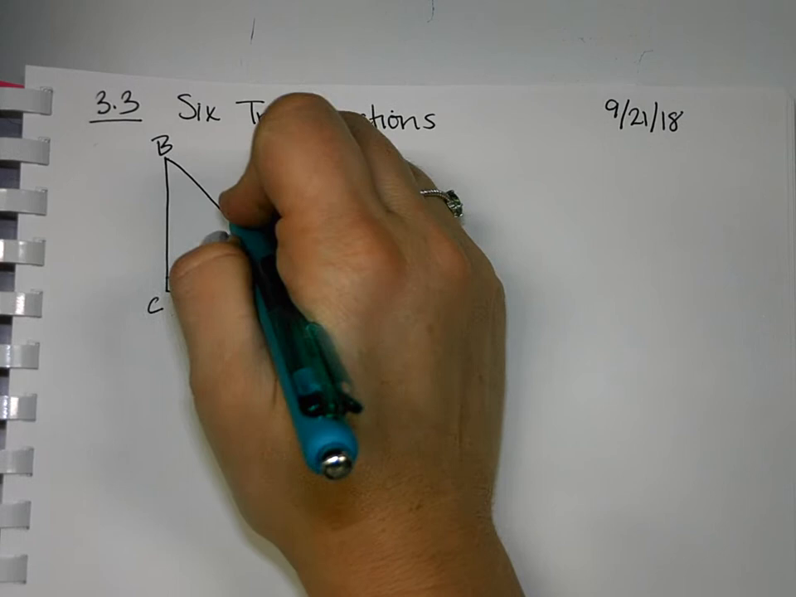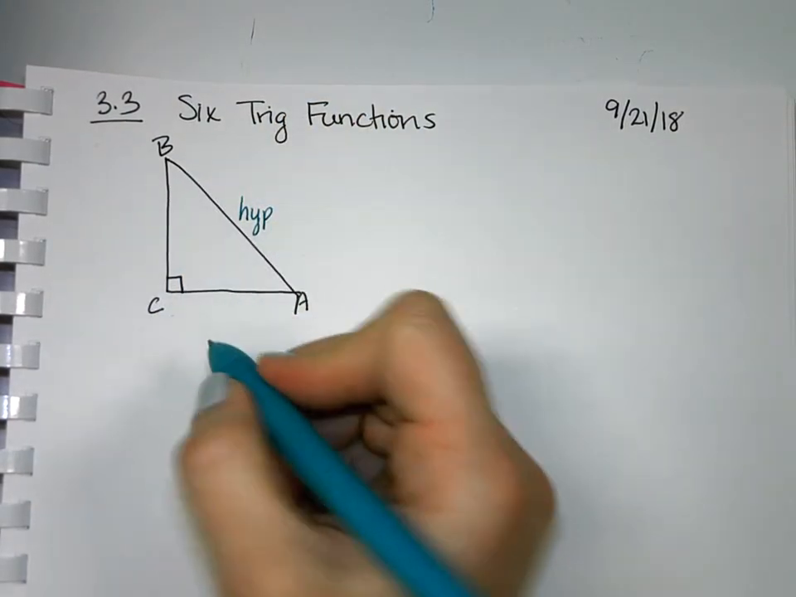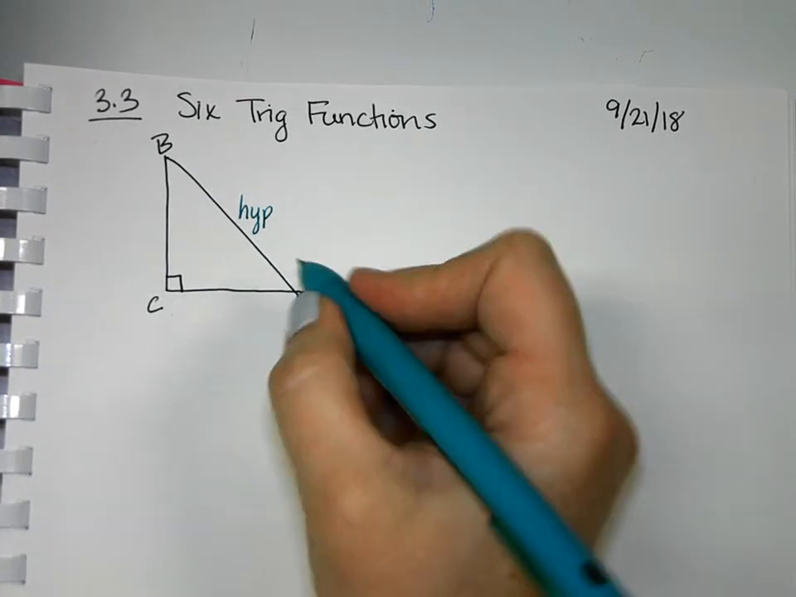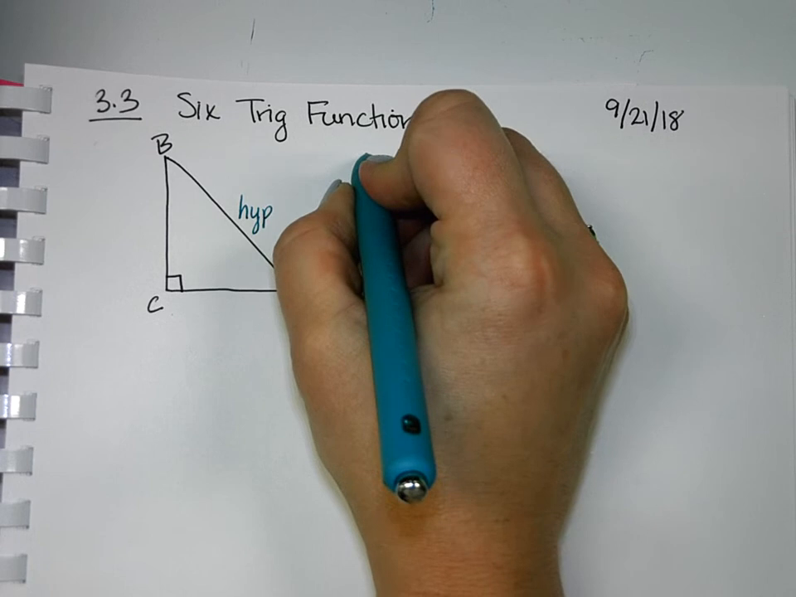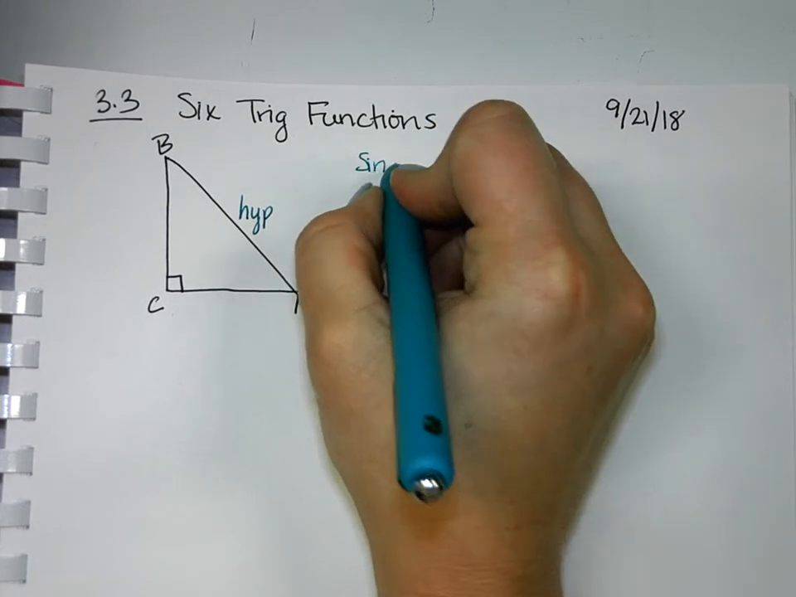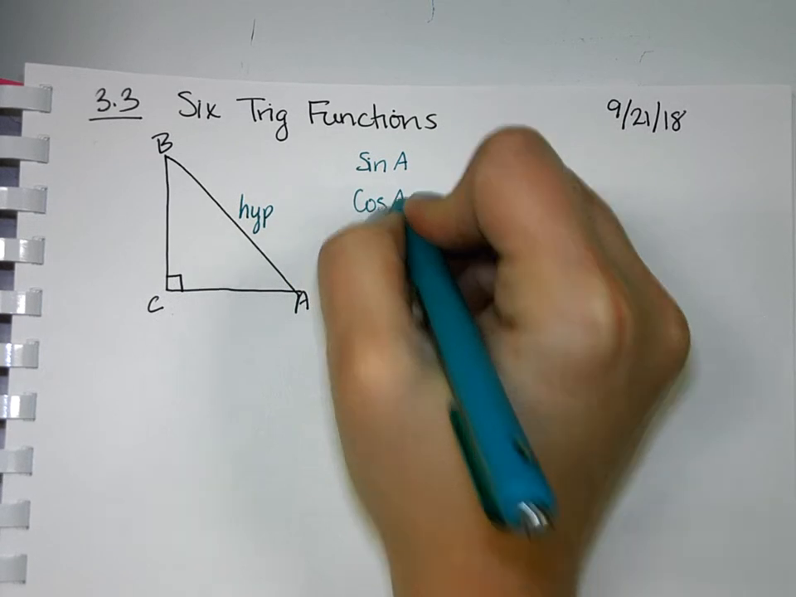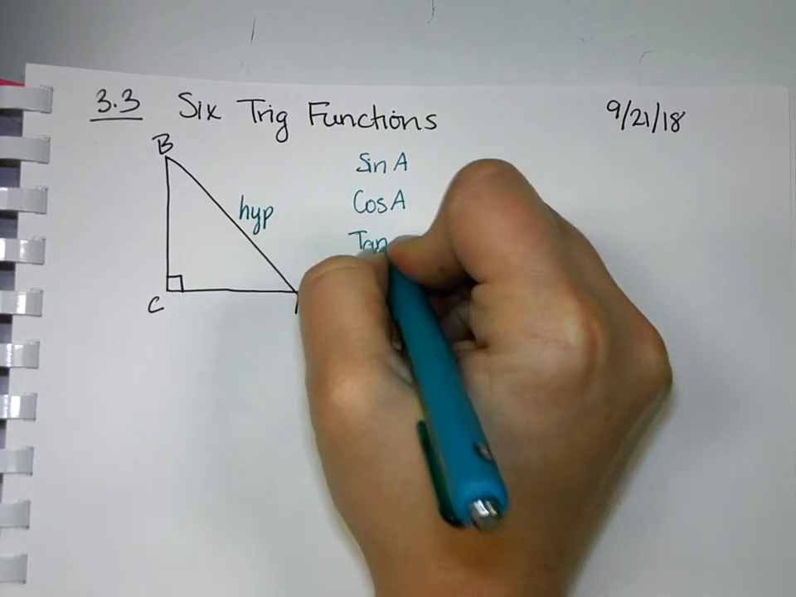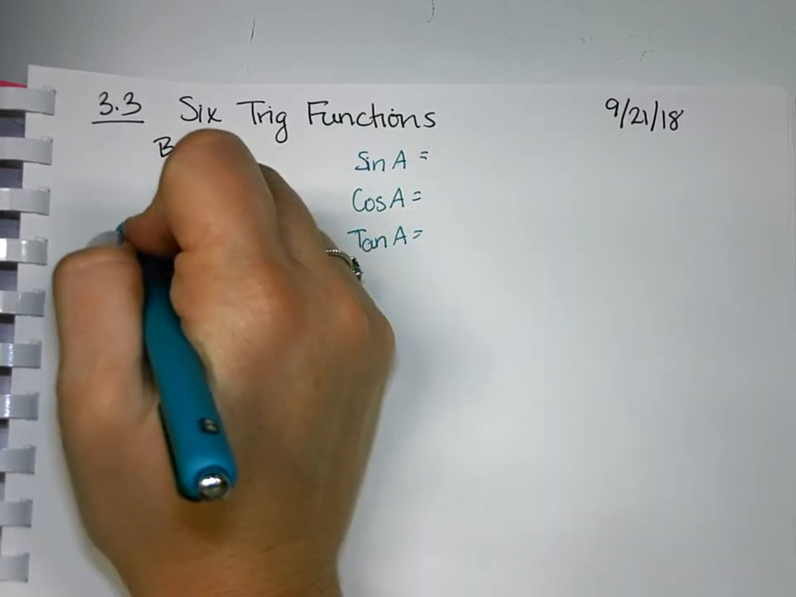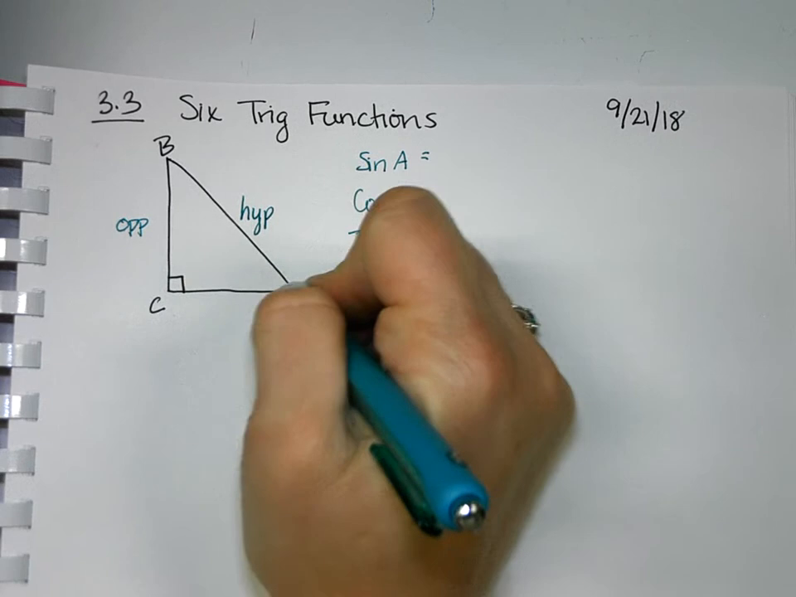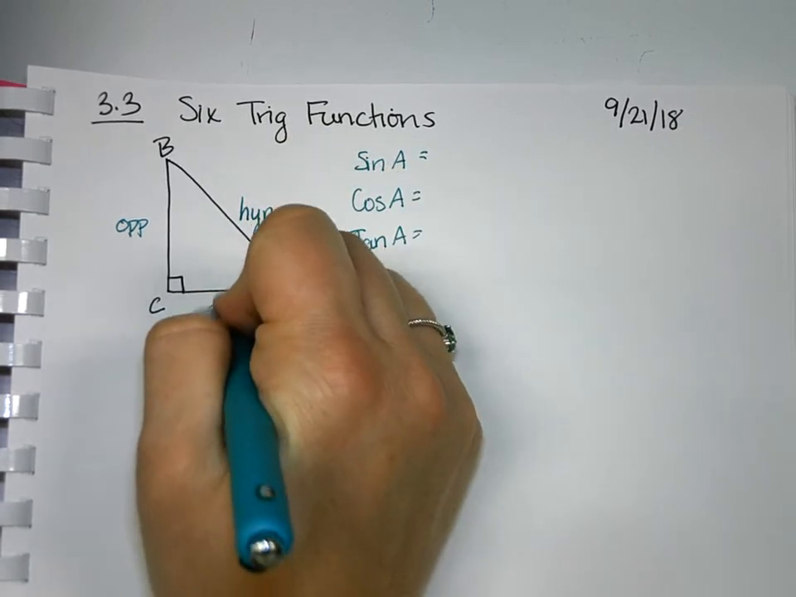So the hypotenuse is across from the 90. Adjacent, it's all dependent upon the angle. So if I'm talking about angle A, we're going to start with doing sine of angle A, cosine of angle A, and tangent of angle A. And then my opposite would be across from angle A, and my adjacent would be the side that shares angle